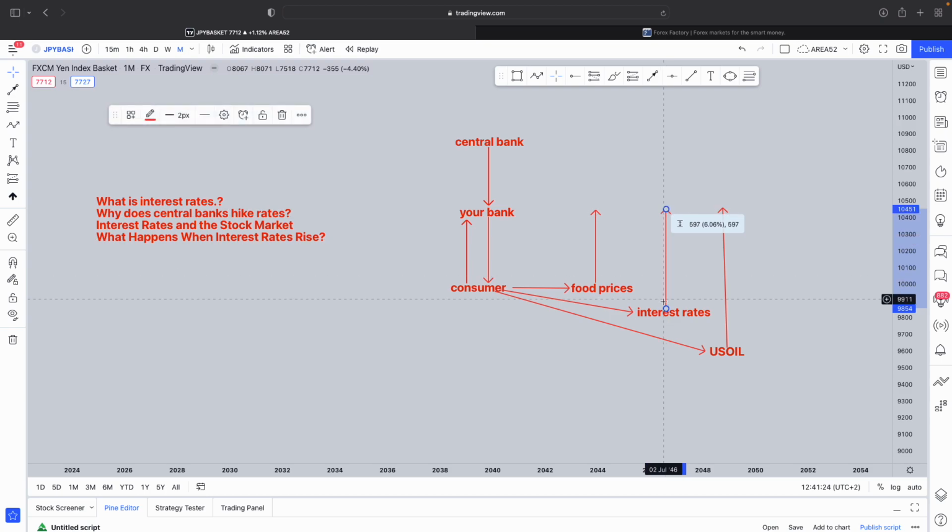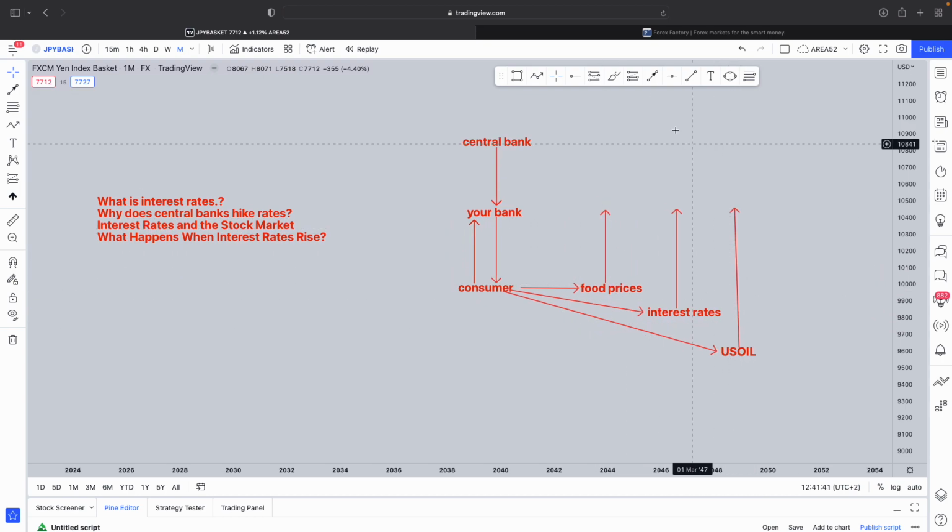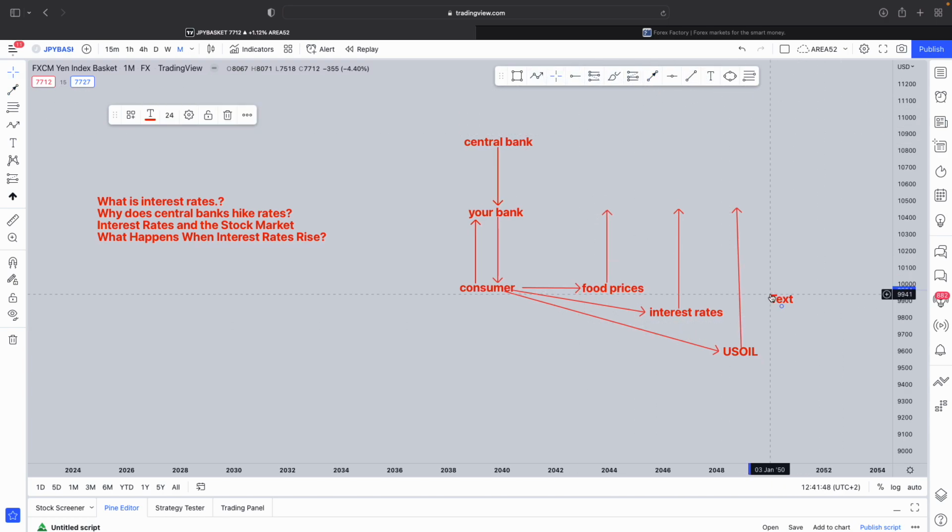bullet point this further to add: a home loan increases, car, if you took a car on finance, that increases as well. And if you took a home on a loan, that increases as well. Food prices become more expensive. The price of oil is increasing. The only problem is we have one little problem, my friends, and that is left with